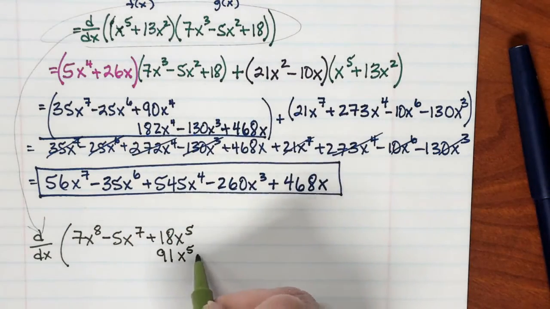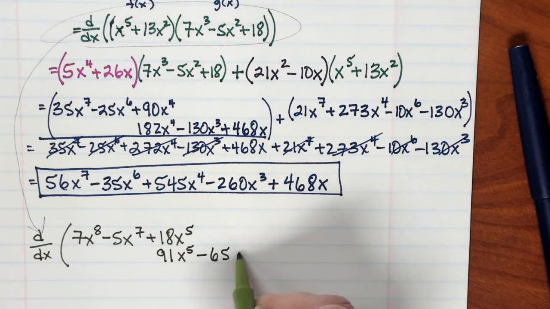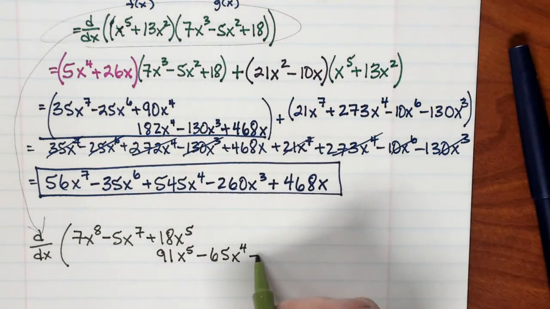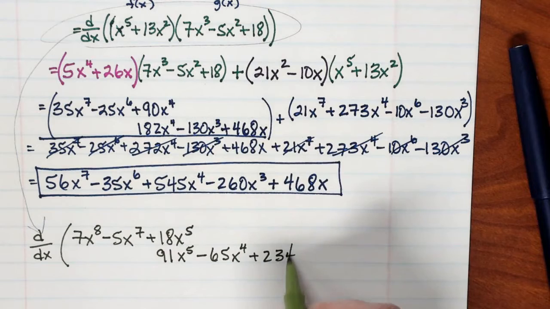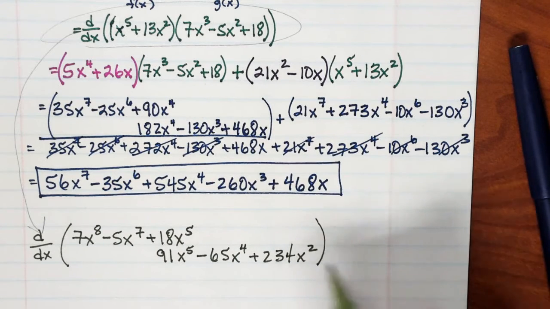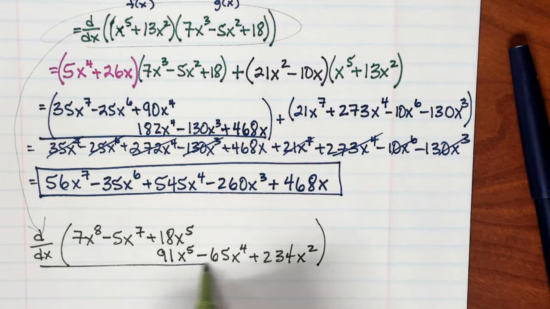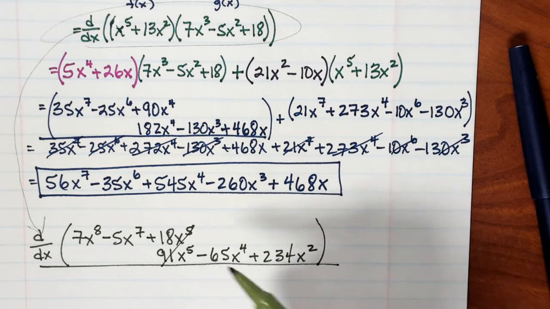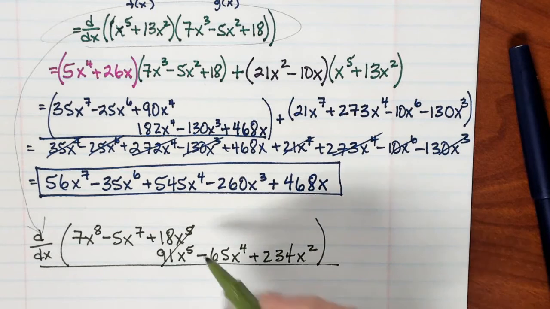That's a negative 65x to the 4th. 13 times 18 is 234x squared. Yes. Now, when I combine those, this right here, that's going to give me 109x